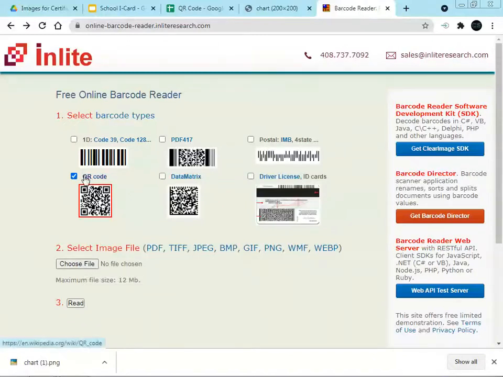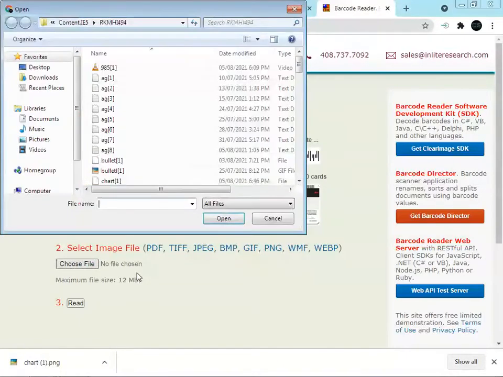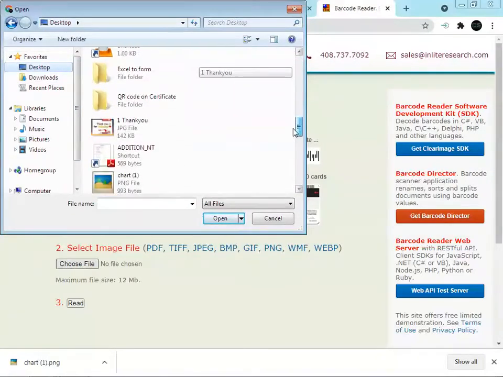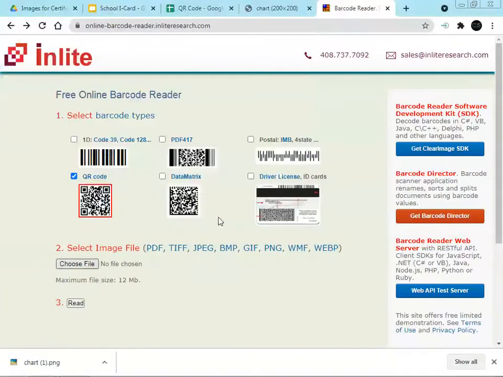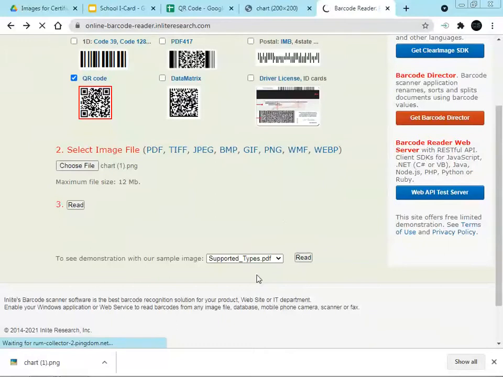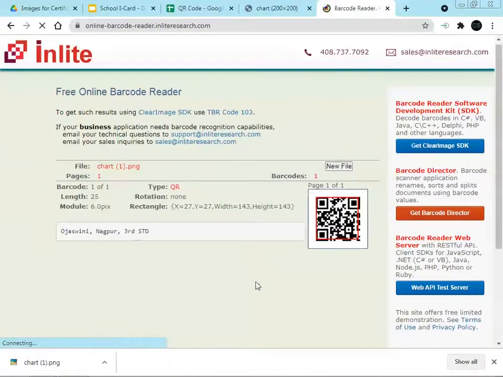Next, first we have to select the barcode type, that is the QR code, and select the image type. In the image type, we have to select the name of the image. So we are taking it from the desktop itself, the name is chart one, and okay. Next, we have to click on read, which is going to read the information encoded in the QR code.